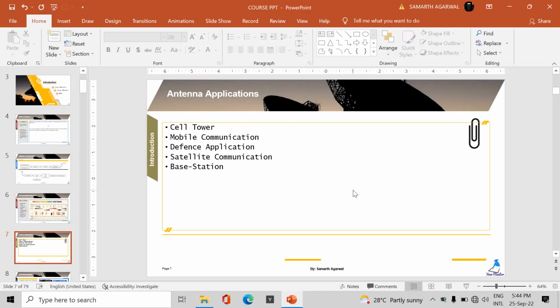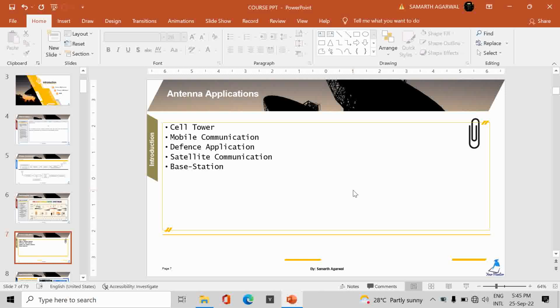Coming on to the antenna applications, every antenna has its own application. Further, the sectors in which antennas are used, I have mentioned, not all, but the broad categories I wanted to take. So first of all, we all need data in mobiles also. You can think of electronic gadgets, which can be your smart TV, your smartwatch, your laptop, your phone, anything it can be.